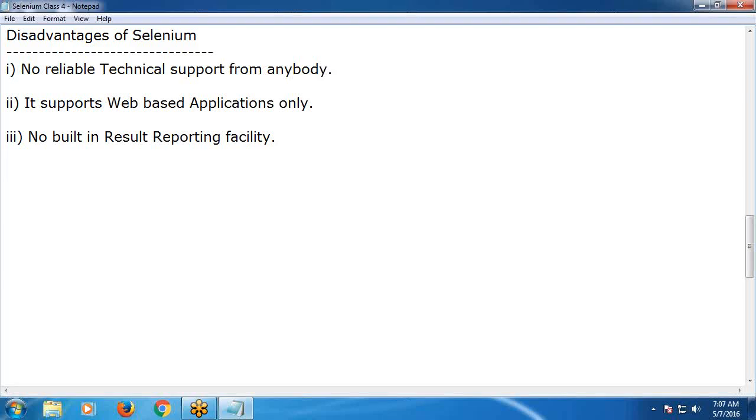See, UFT provides test result for every test iteration. If we use UFT tool features, if we use VB script features, then we need to define test result. UFT provides a facility to define test result. That is a different concept. Anyhow, UFT provides test result for every test iteration. But Selenium WebDriver doesn't have any built-in result reporting facility. Next,